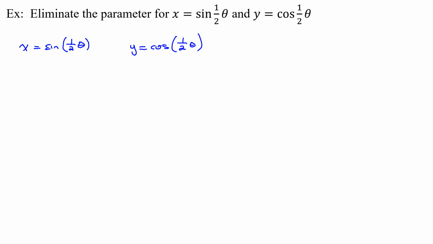You might remember from a long time ago, you had an identity that said sine squared plus cosine squared equals 1. Now, what you may or may not remember is that it's sine squared of anything, any angle, plus cosine squared of that same angle is 1. So it could be theta, it could be 2 theta, it could be 3 theta, or in our case, it could be half a theta. And so since they both have 1/2 theta in them, then if I was to square each one like this,